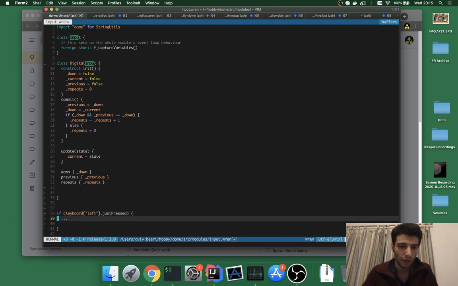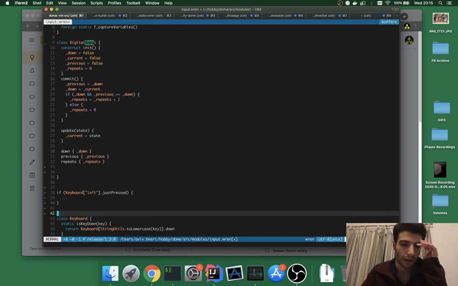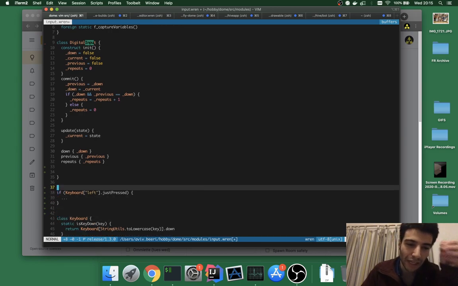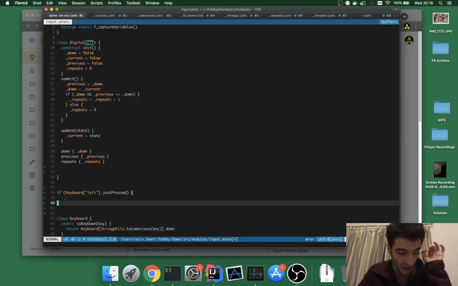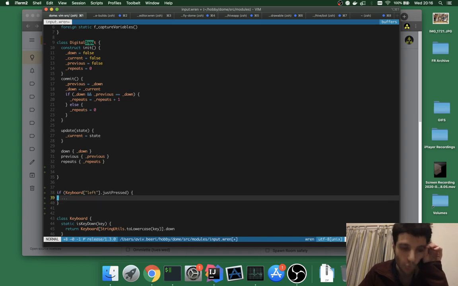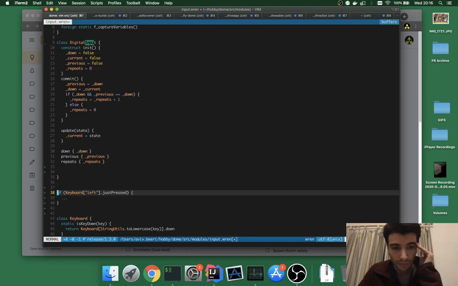So I try and mock up nearby just what the API usage would look like for whatever I'm adding to Dome, and I always start with this when I do stuff. Almost always when it's something that's going to be developer user facing, I always start from here. So is that what I want? Or I guess the problem is I'm using down here. So is it really just down? But then that doesn't sound right because